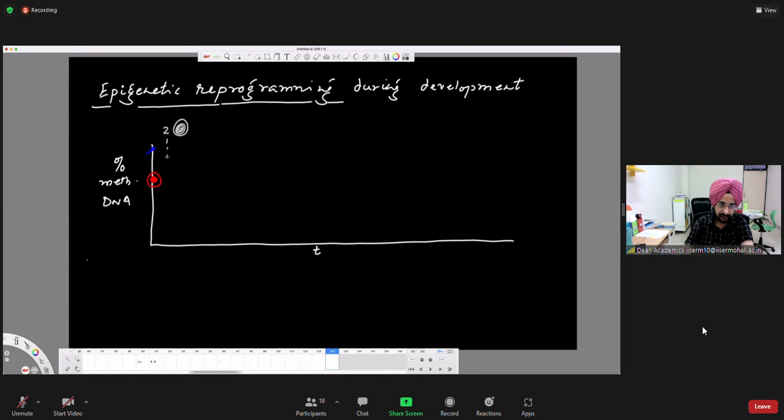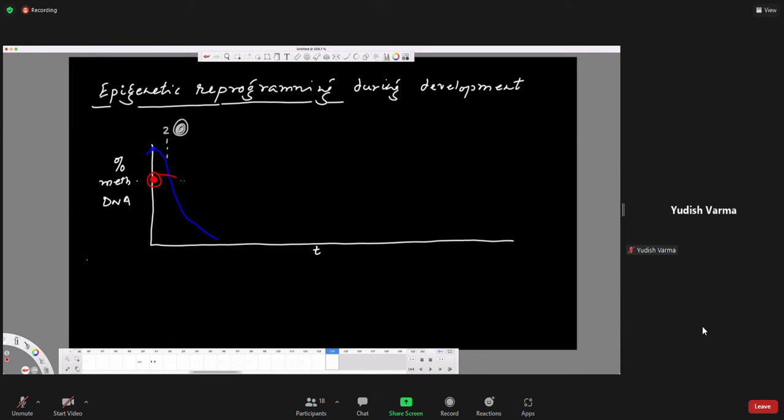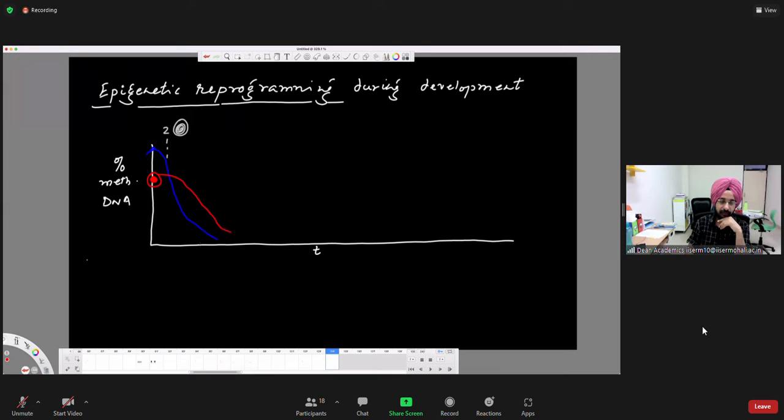So what happens is the following: the DNA of the sperm genome starts getting demethylated very rapidly, and this is active demethylation. So you would need glycosylase and TET3 enzymes. Are you aware of these enzymes? And the demethylation of the paternal genome, so fertilization has happened here at this stage.